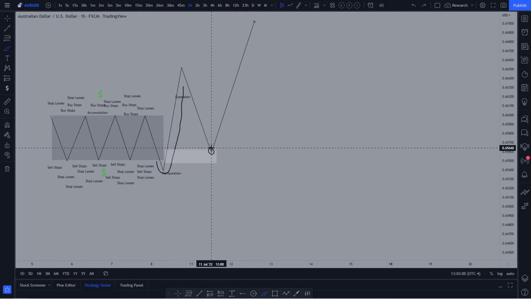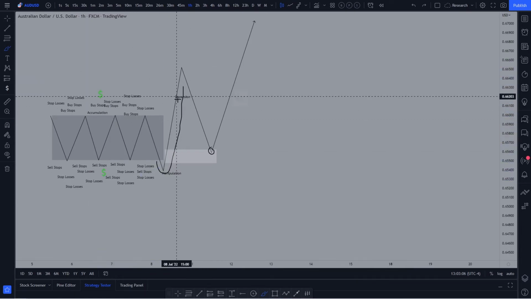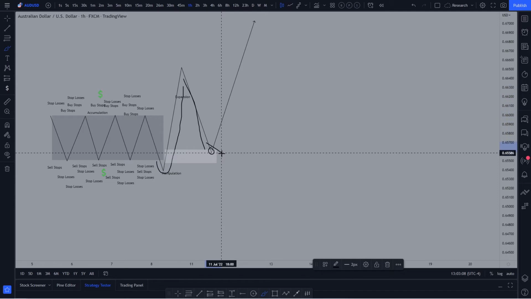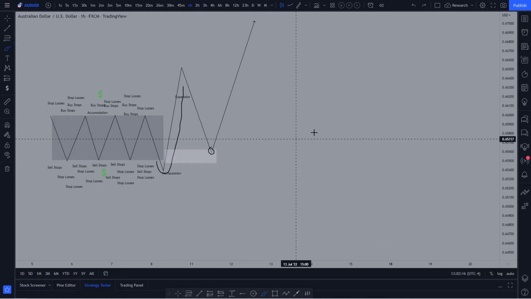So the intended direction was to the upside. They cleared liquidity, right? Went up here, cleared more liquidity potentially, then went down, grabbed liquidity from this order block, and then stacked up on their buy orders, and then facilitated the movement to the upside. Now conversely,